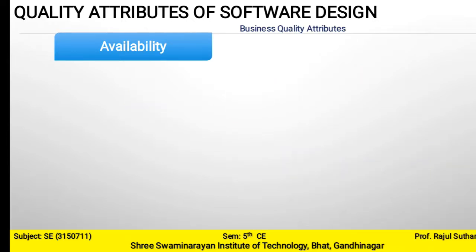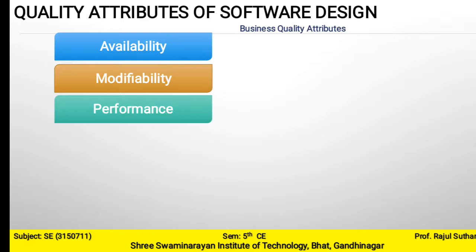Then the second thing, that is modifiability, meaning the quality is concerned with what can be changed, when we require it, when the change is made, and who makes the changes. So all of these things are covered in modifiability. Then performance. The performance quality is concerned with the response time and similar measures for various events. So performance is one type of quality of a software product.